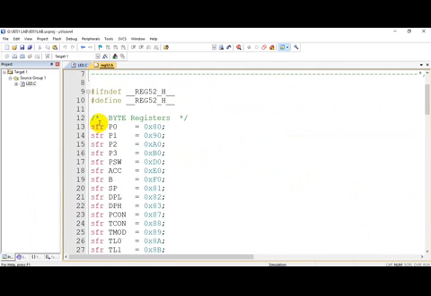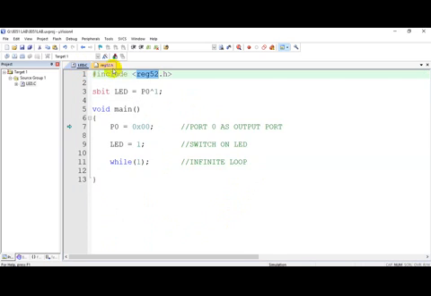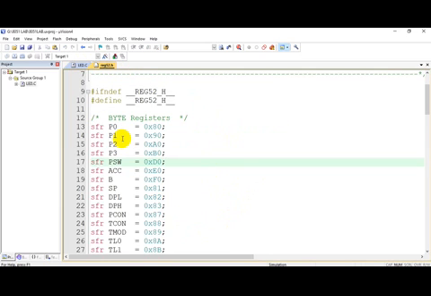Can you see here? Port 0 is defined here. And the most important thing is you should not modify this file. I'm only showing you for information's sake. If you modify this file, then you may end up with errors. You can see port 0 is defined here and the address of that port is 0x80.